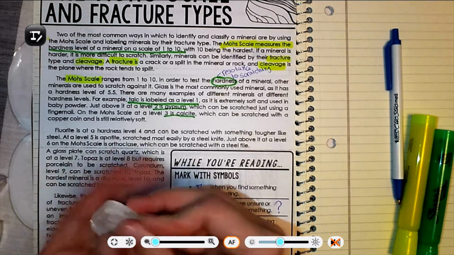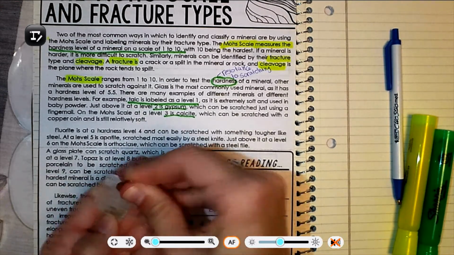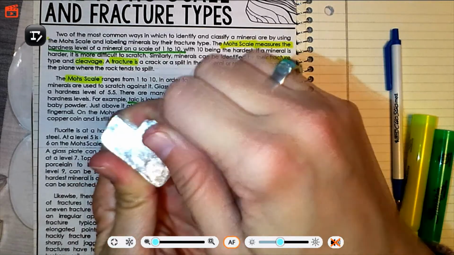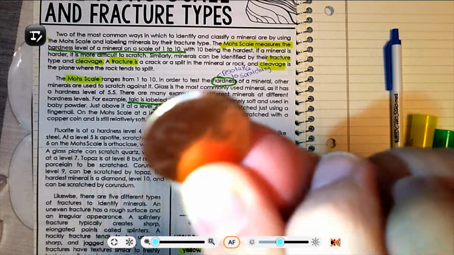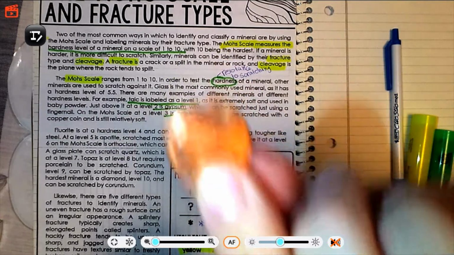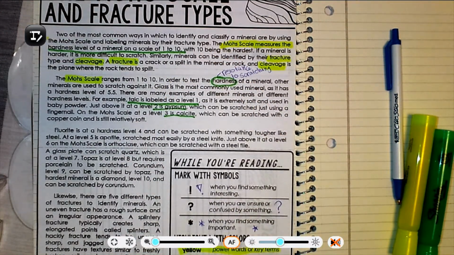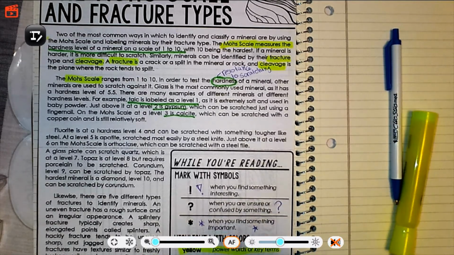So this one's calcite, so I can scratch it with a penny. So if you can see that, I have calcite on the edge of my penny now. See, there's white there. Scratched it. Okay, fluorite is at a hardness level of 4